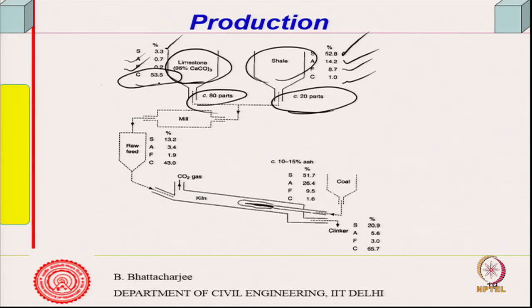So, this could be some typical composition of the shale and the limestone, right. Now, then I mix them into 80 to 20 parts to go to the mill, right, then raw feed etc., and from there it goes to the burn. Now, the point that is here is, you see some of this material